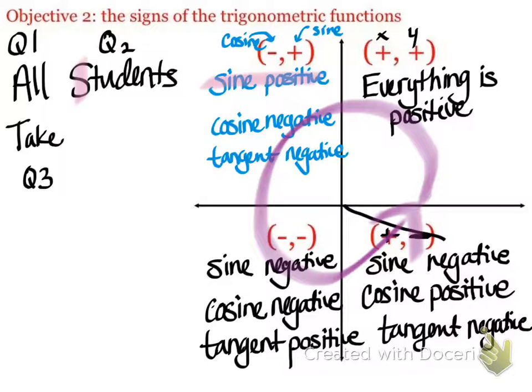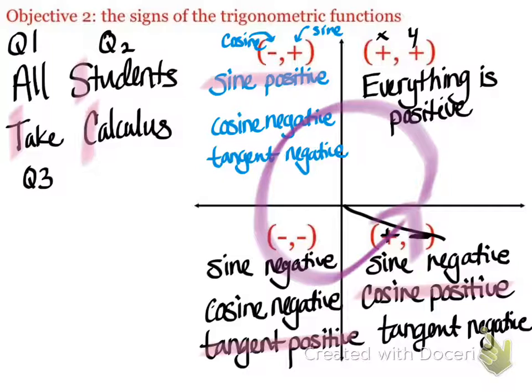Quadrant 3, tangent is positive. So we're going to use the letter T. We're going to use the word take. All students take, and last but not least, calculus. Because in quadrant 4, cosine is positive. So if we think about going around the circle, all students take calculus could be a way for us to